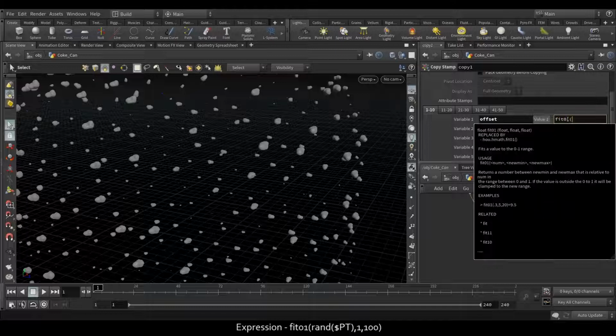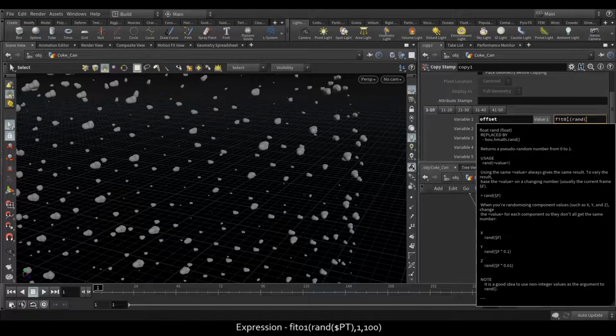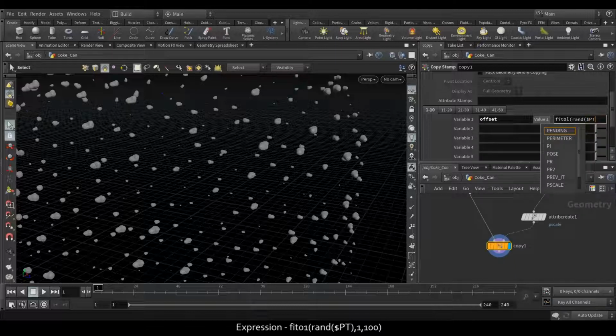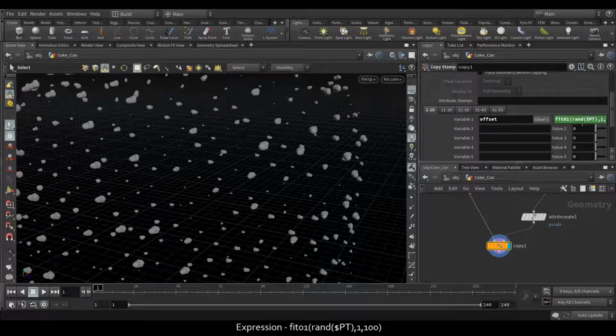random, because in attribute create we randomize these particles, these points. So same expression pt $pt, and okay, so the expression is this. Let me make it bigger. Yeah,